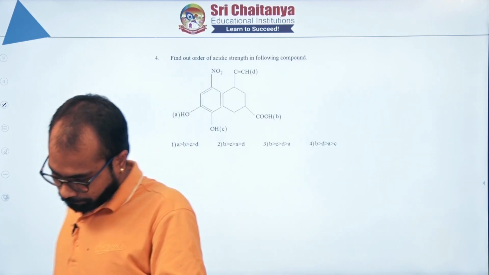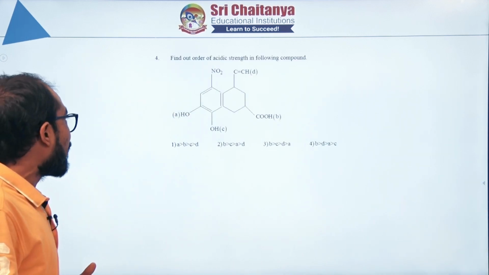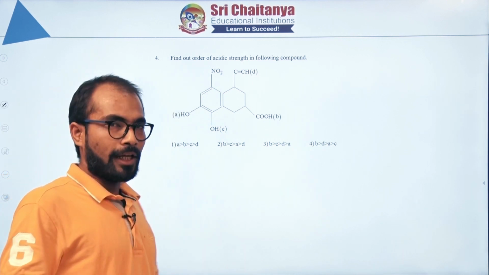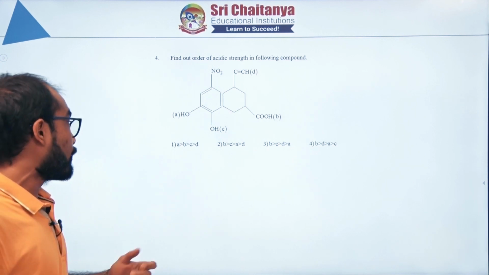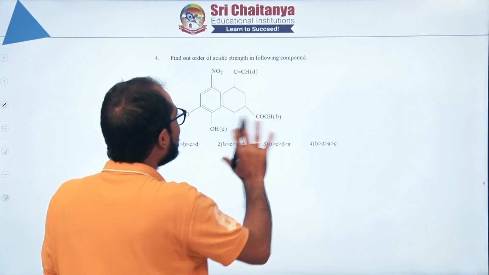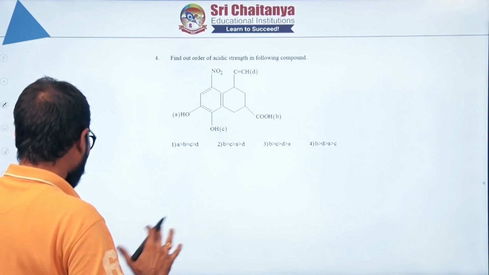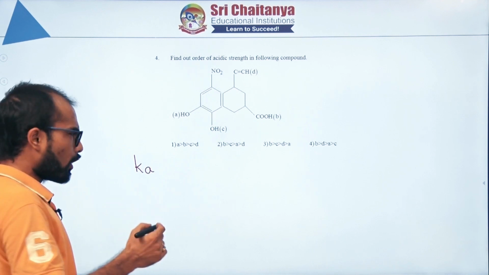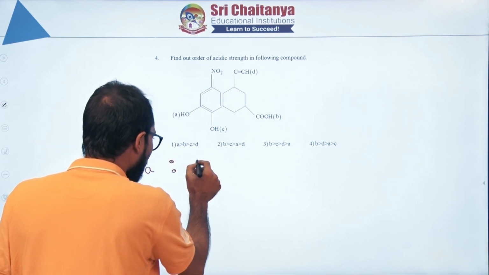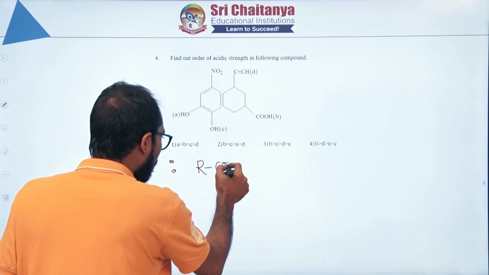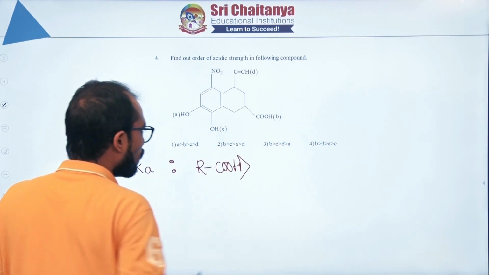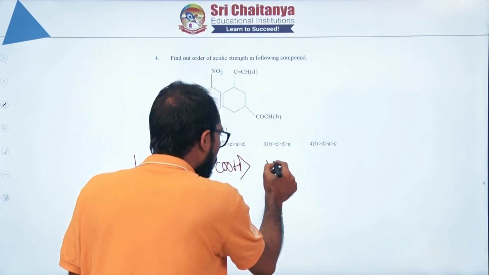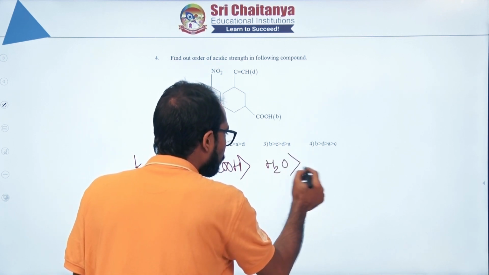Next question please. When you see the next question here, again it's a very basic question. Every lecturer must include it in their lectures whenever they teach. Now you see here, they are simply asking you the acidic strength, right? So what is the general order of Ka values? The carboxylic acids are going to have a greater Ka, and after that if I compare with alcohols and water, water is going to have a greater Ka,